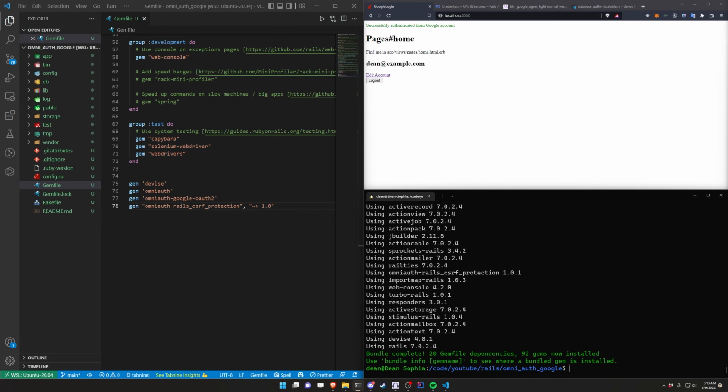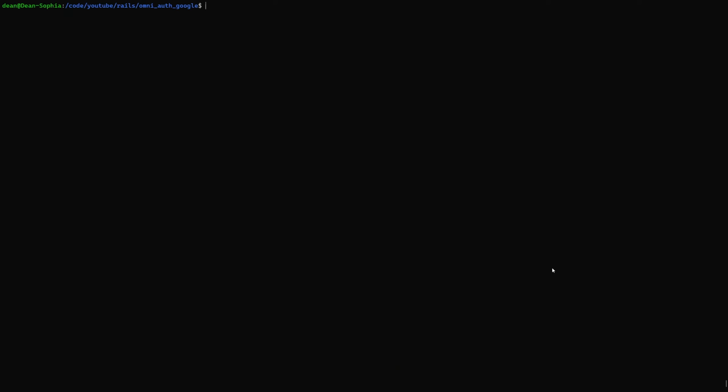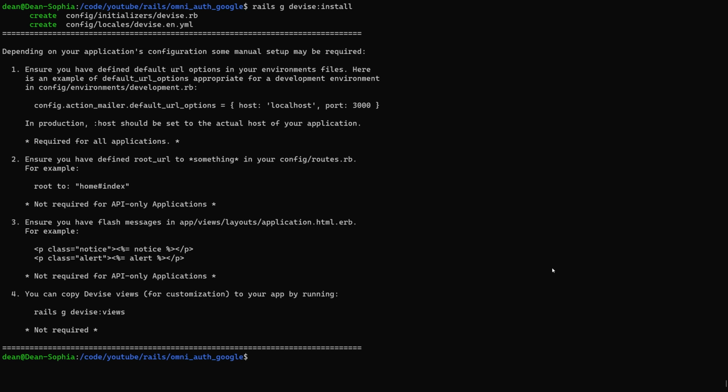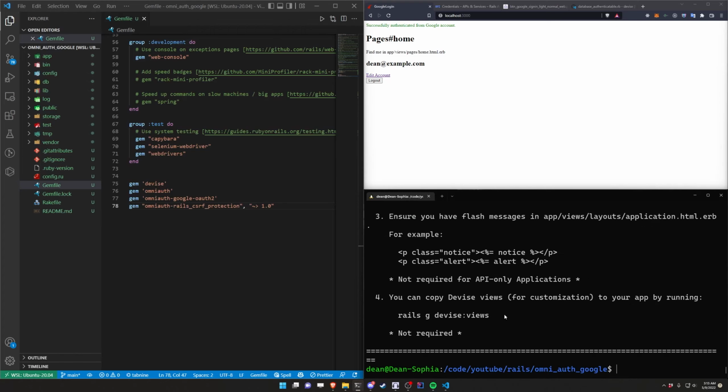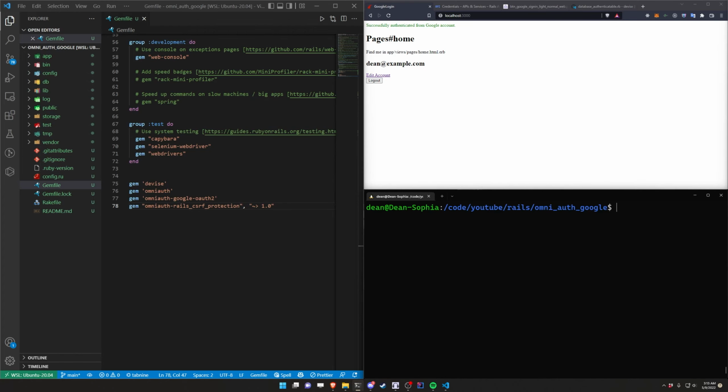After those are installed, we can then do a, let me full screen this. We can do a Rails G Devise:install command. And at this point you have two different options. I'm going to do this from the perspective of someone who would like to edit their user accounts and log in like they normally would with Devise. So I'm going to keep a couple extra features in here and I'm not going to remove everything that's suggested